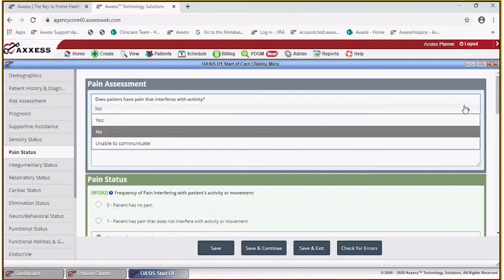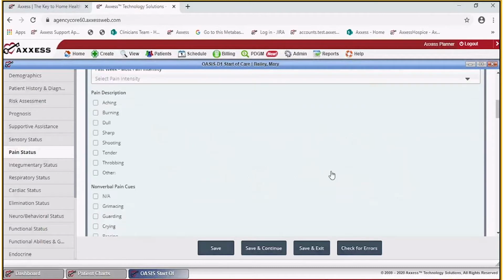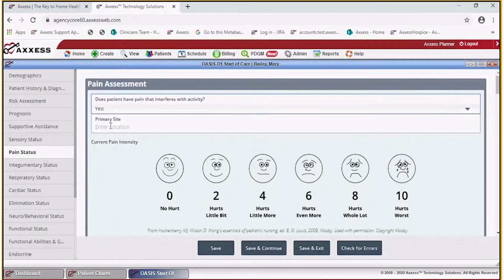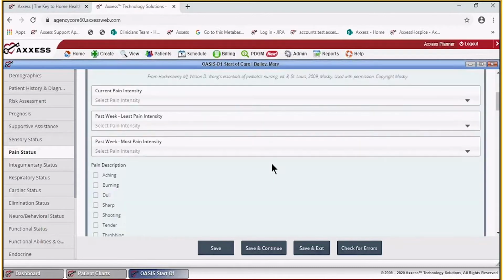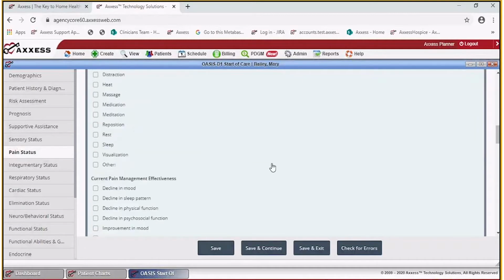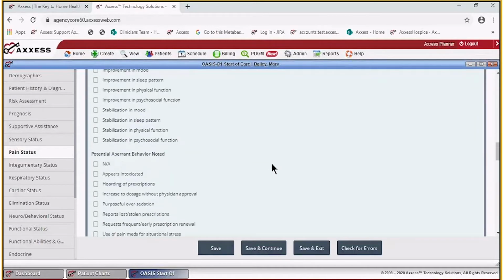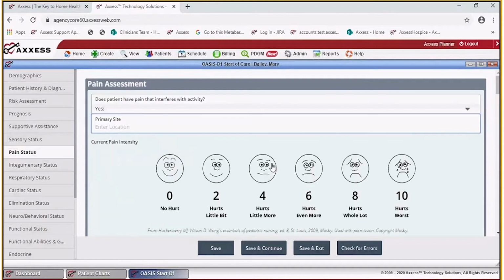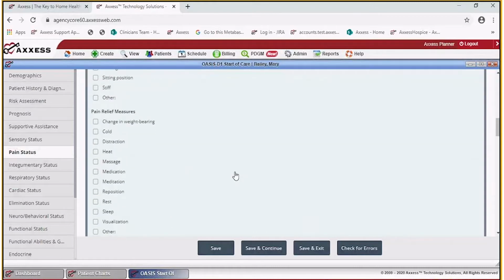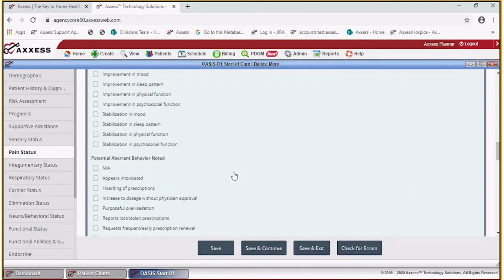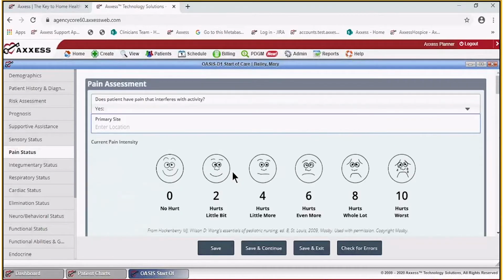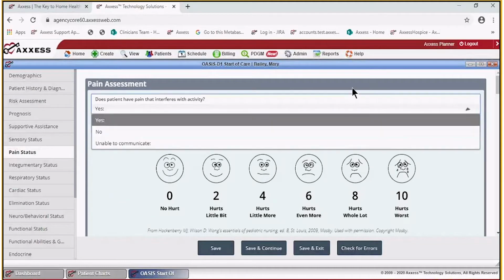So what if the patient does have pain? Then we have the opportunity to document all of the pain details. And look how much this is. Okay, so all of the pain is documented here. And you could see the difference in the cognitive overload of this. We don't want to overload you unless you really have to document that. Okay, so that's avoiding cognitive overload by giving you that streamlined